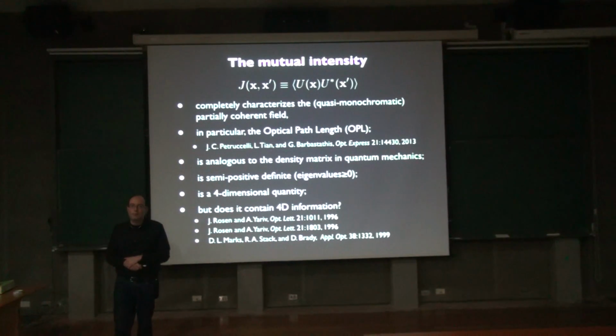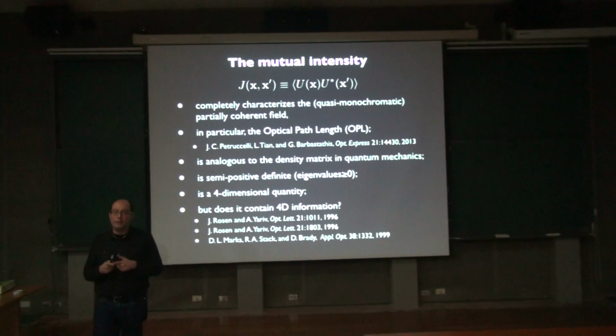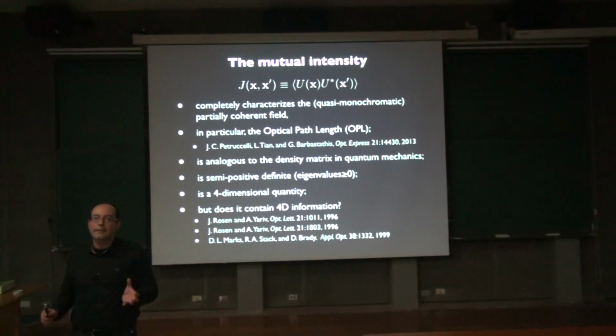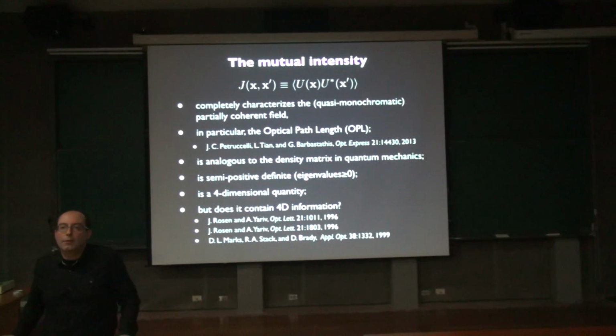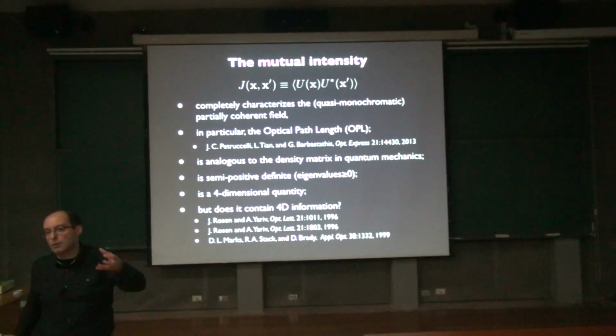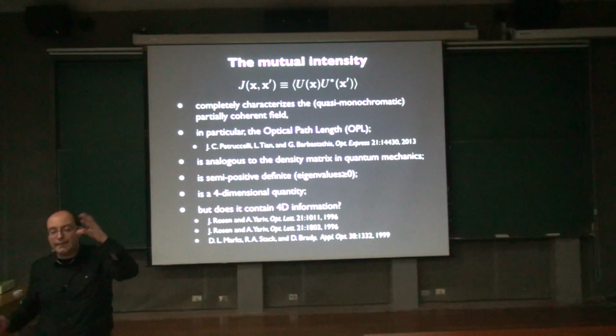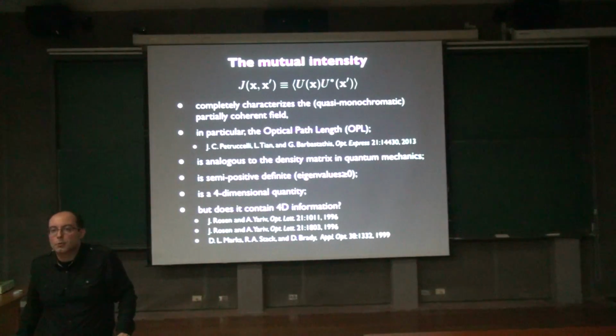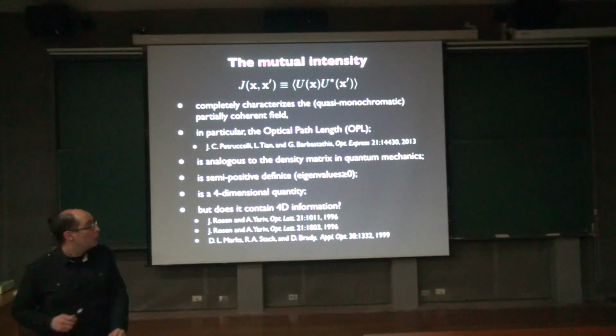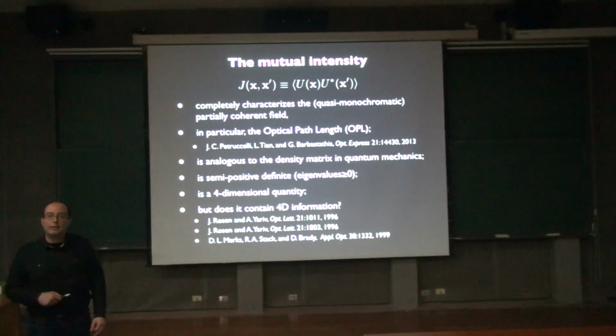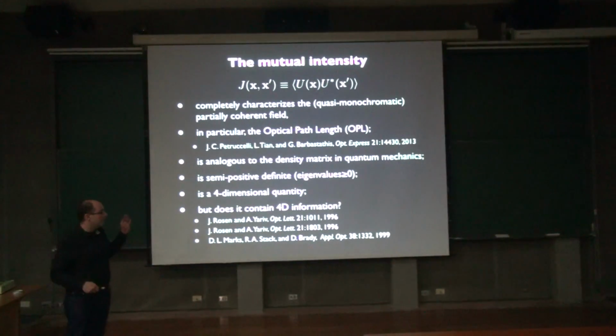It is redundant because it has 4 degrees of freedom, but the field can only contain up to 3, because at least if you generate it with mutually incoherent sources, such as fluorescent particles or stars or anything that is point sources distributed in 3D space, the field is not 4-dimensional, it has to be 3-dimensional. So this function is redundant, and that is also a very important point, because if it is redundant, it means